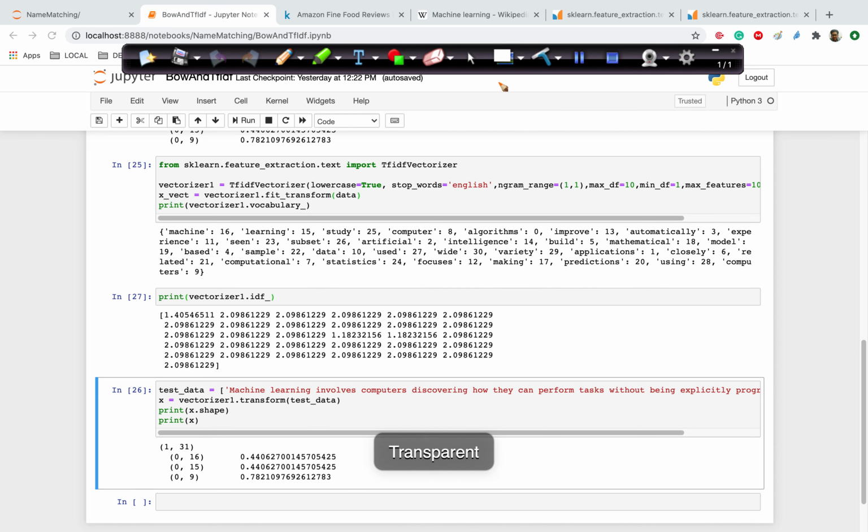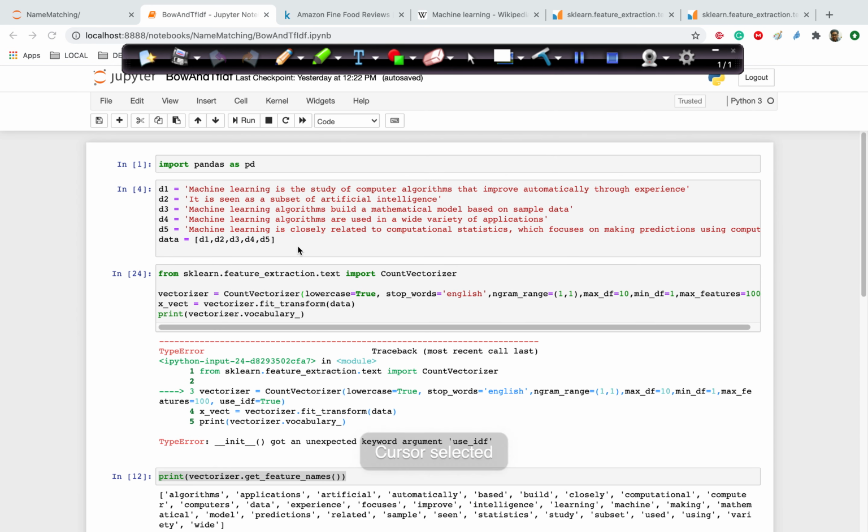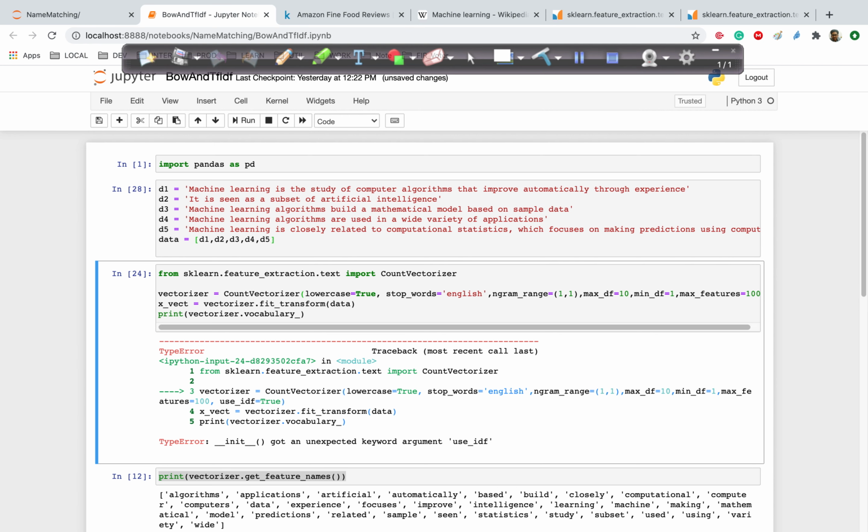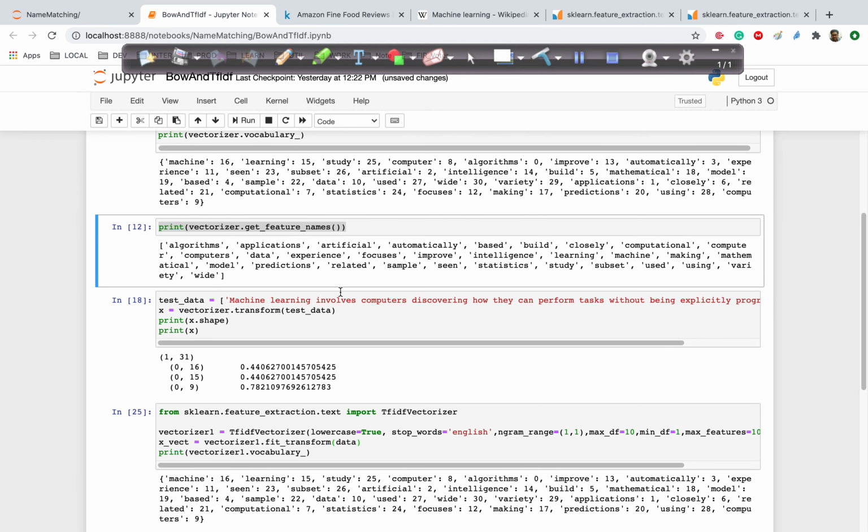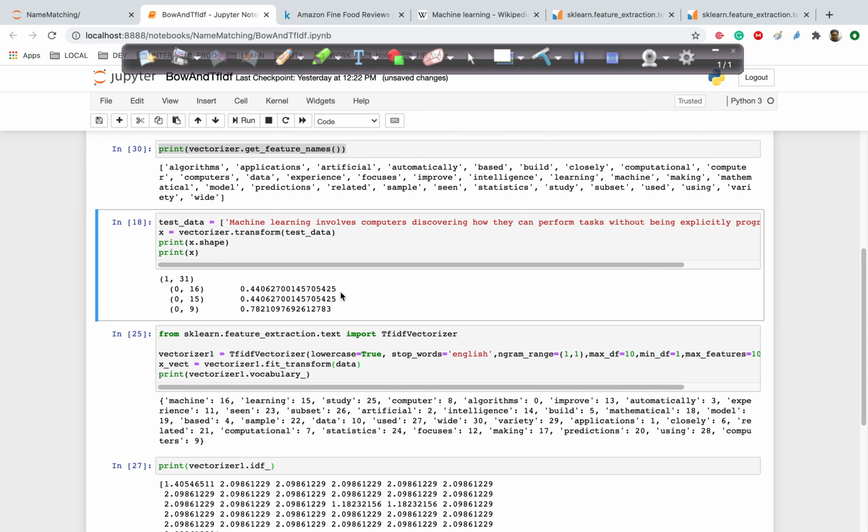Okay, now just move here. We will use the same data here that we have been using till now. In my previous bag of words video, I forgot to show you how the vectorizer will vectorize the test data. So now just see here. Suppose this is the query that we have got from the user, and now we have to vectorize it. We will simply put this query in a list.